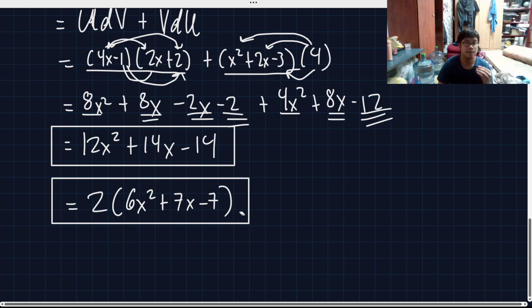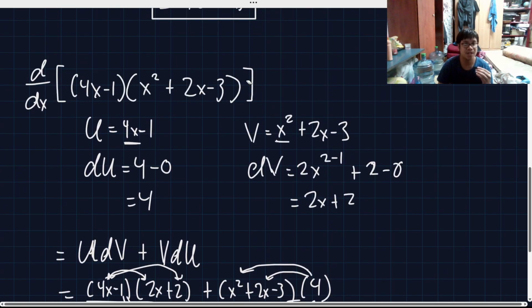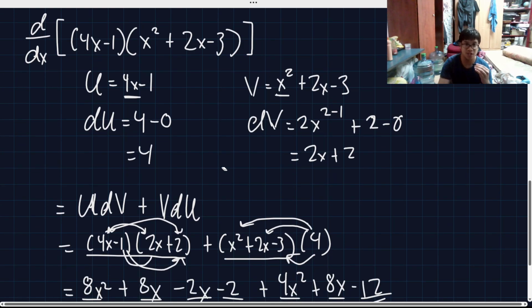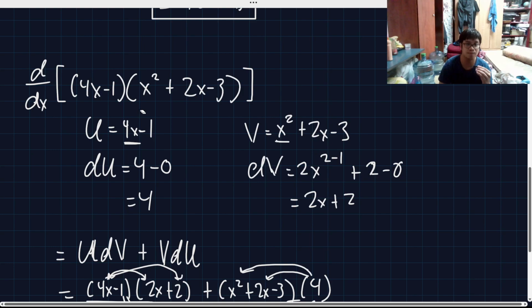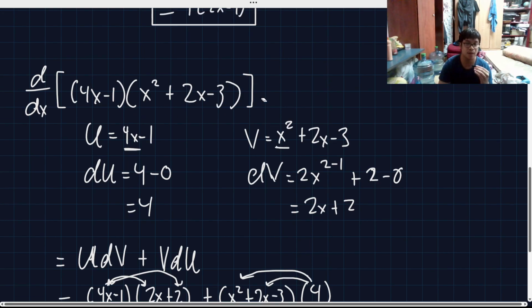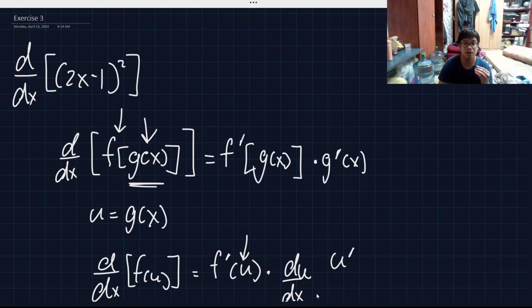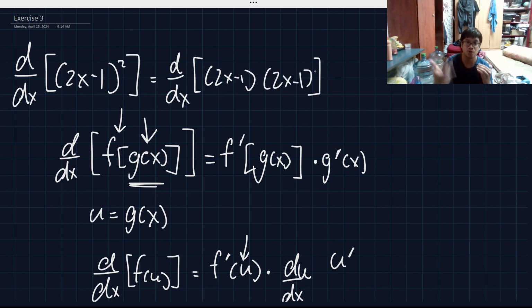Now, as I said, there's actually another way for you to solve this problem. This one I'm showing to you is the product rule of differentiation. In the next video, we're going to get the derivative of this one, but in a different way. Now here, you see this. You can use product rule here because 2x minus 1 squared is just the same as 2x minus 1 times 2x minus 1. So here you can use product rule of differentiation if you like to.